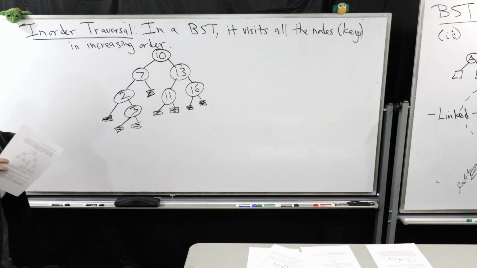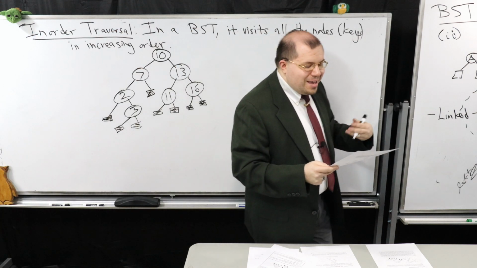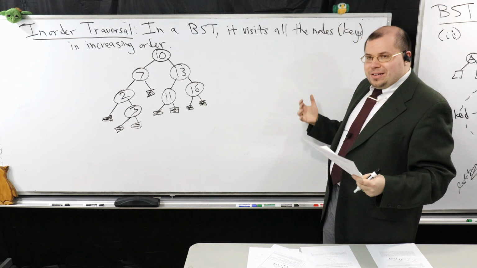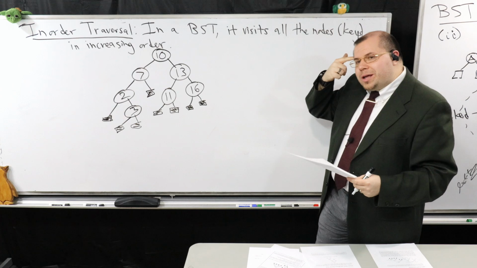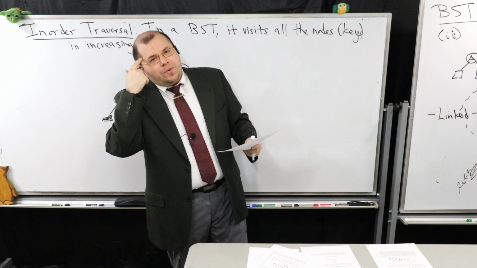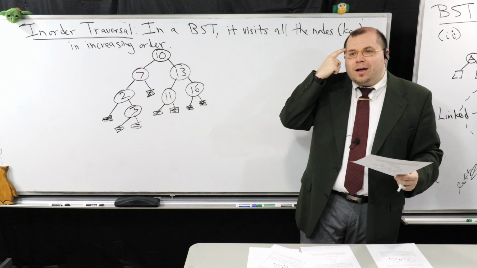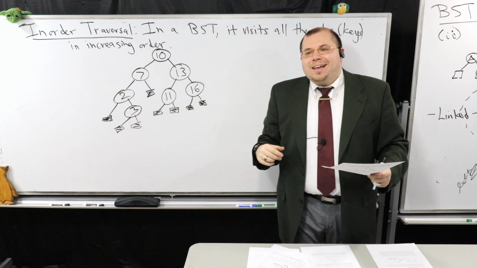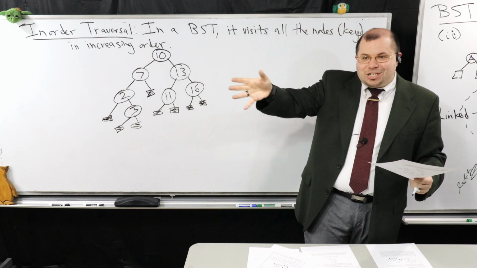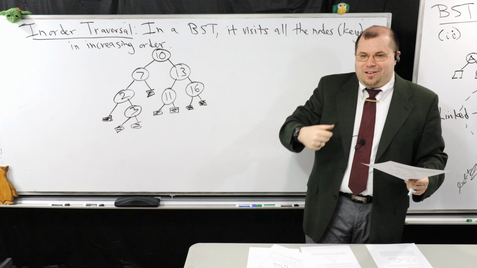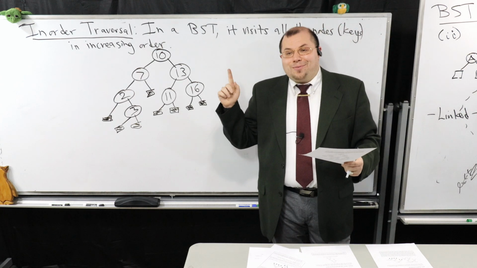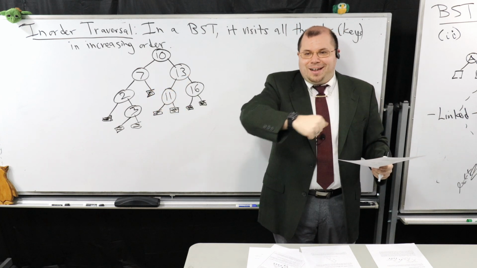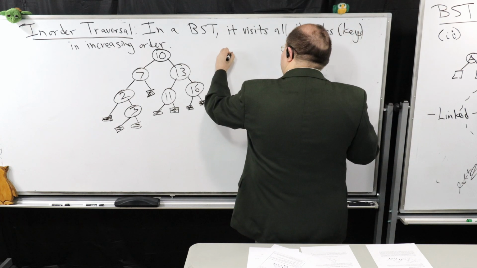Okay, so the natural thing, based on what I described here, is that we're going to visit the nodes in increasing order. So, in pre-order, do you remember what we did in pre-order traversal? We visit each one of the nodes. I visit myself first, then I consider all my children, right? In a post-order traversal, I consider all my children first, then I consider myself. In an in-order traversal, the way it works is I go left child first, then me, then the right child. So you're going to always go left,